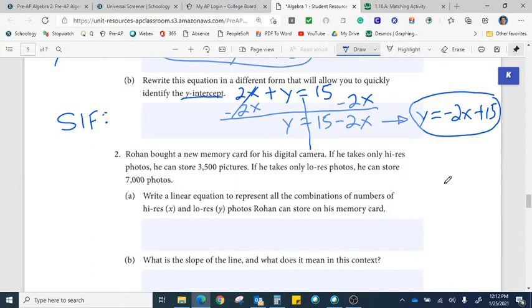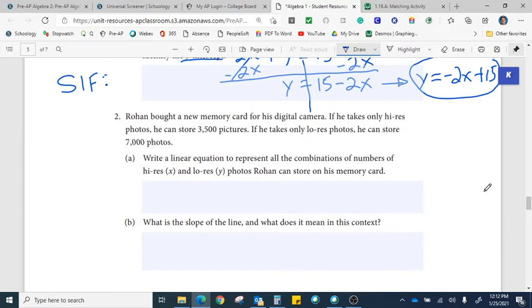Okay, so it says Rohan bought a new memory card for his digital camera. If he takes only high-resolution photos, he can store 3,500 pictures. If he takes only low-resolution photos, he can store 7,000 pictures. All right, so this one right down here says